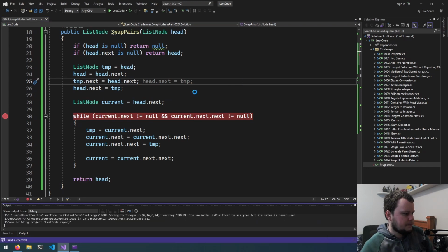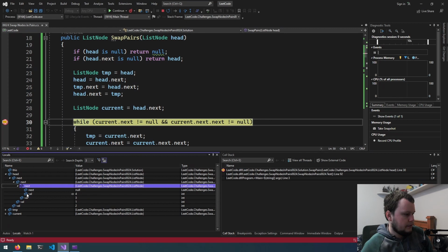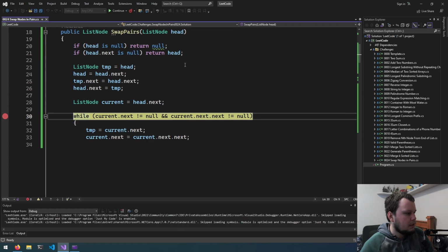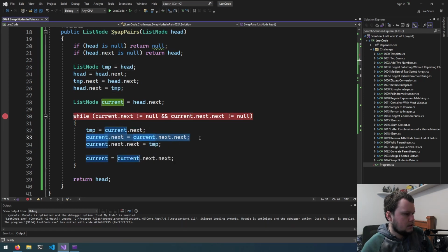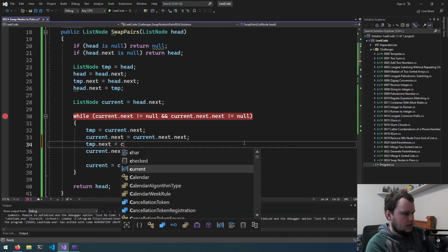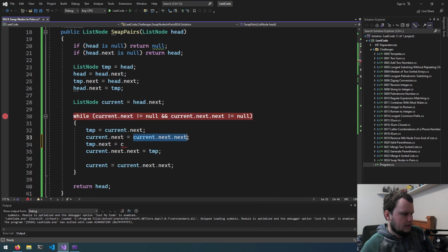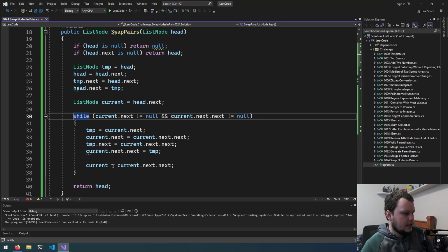Let's see if that did it. So head 2, 1, it should be, yep, 3, 4. Okay, now I've got it. And we'll have to do a similar thing here, I think. So temp.next equals, I think, current.next.next. Okay, now let's run that. Okay, cool, that works. So now let's copy this and put it into